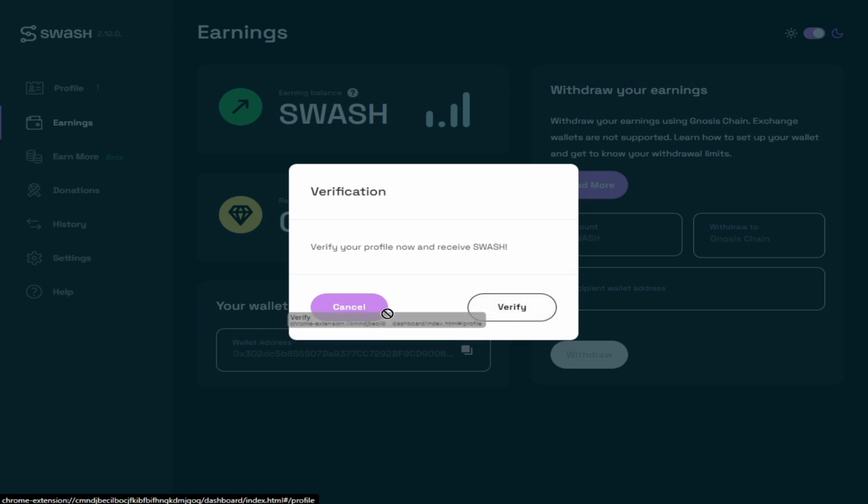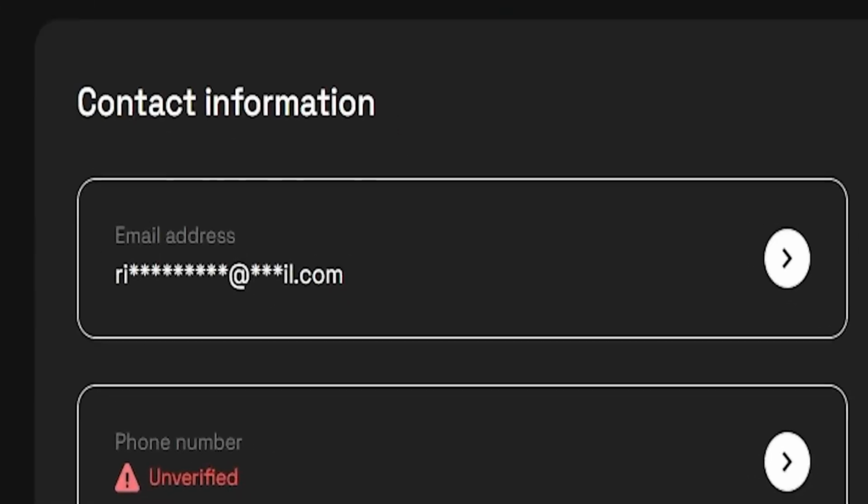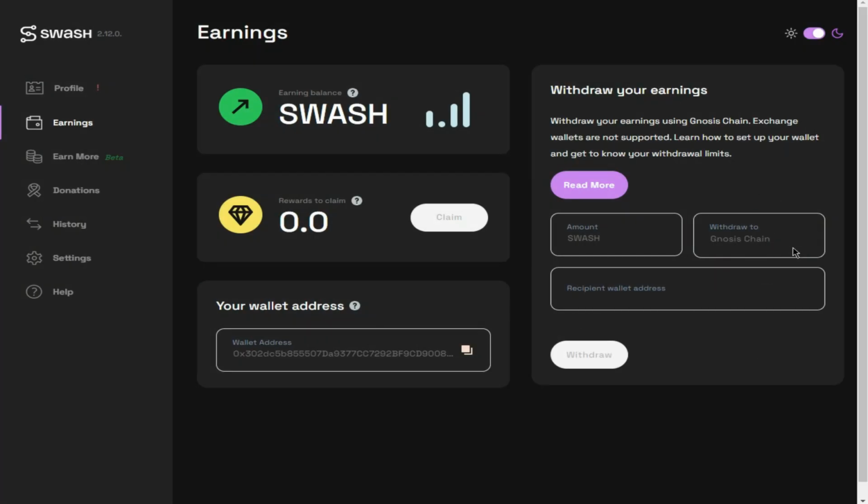Step 4. Now all that's left is to complete your profile by verifying your phone number and adding a few personal details like your age and gender. This is important because it helps match you with ads that are most relevant to you, which can boost your